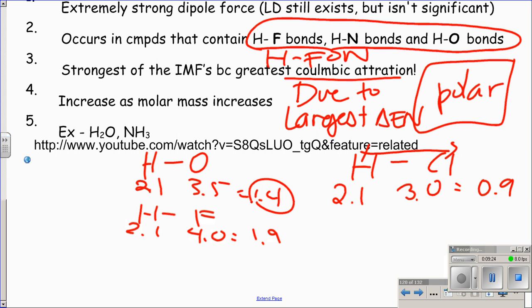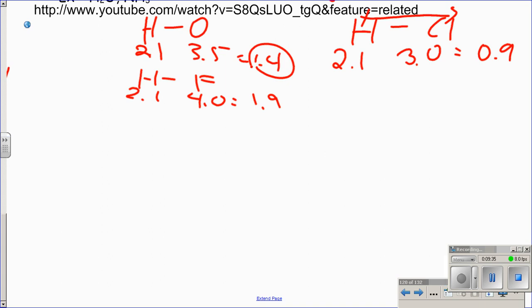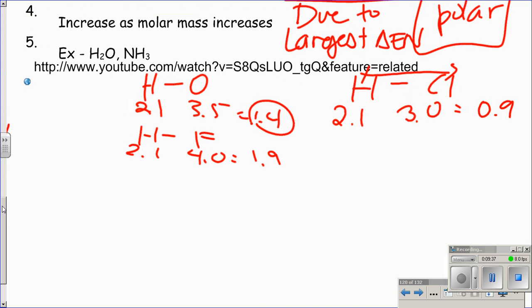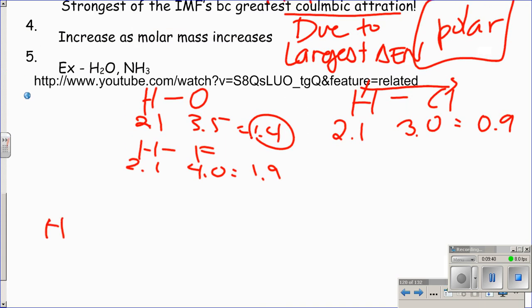Okay, so I guess the HN ones are actually weakest of all of them, but anything that has this big electronegativity difference is going to have a large portion of the molecule that's negative and a large portion of the molecule that's positive. So ammonia, for example,